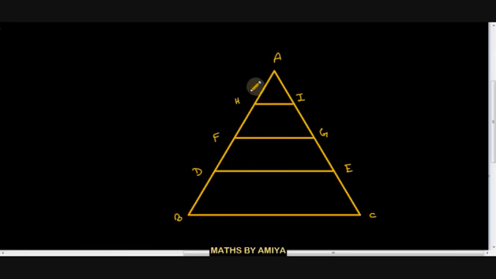For a quick glance, if our ratio is 1:2:4:7, the base ratio is 0, 0 plus 1 is 1, 1 plus 2 is 3, 3 plus 4 is 7, 7 plus 7 is 14. This is our first concept.